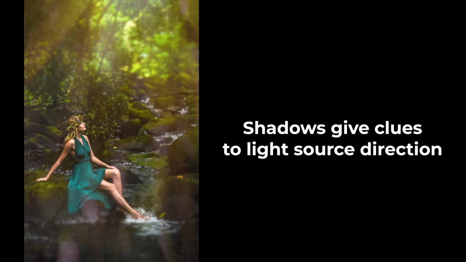You can get clues of where this light is coming from by looking at the shadows. So if you look at this lovely subject wearing the green dress, you can see the highlight in the shadows, and you can figure out where the source of that light was. So look at her legs. You can see a highlight in shadow, so you know that light is from above. So where do I have her place her nose?